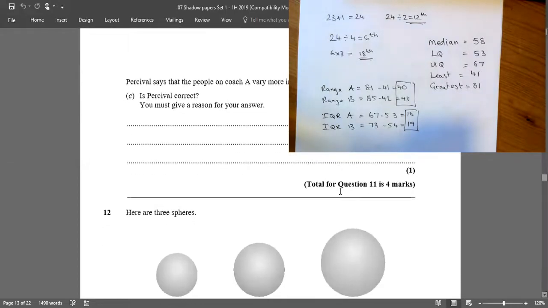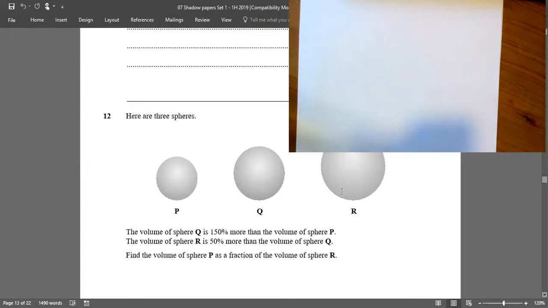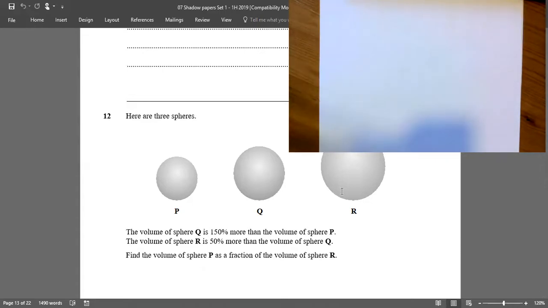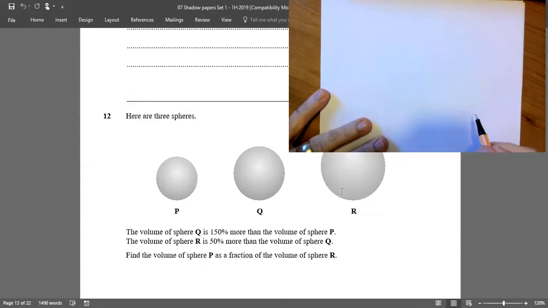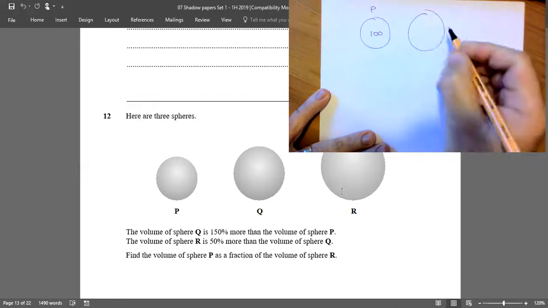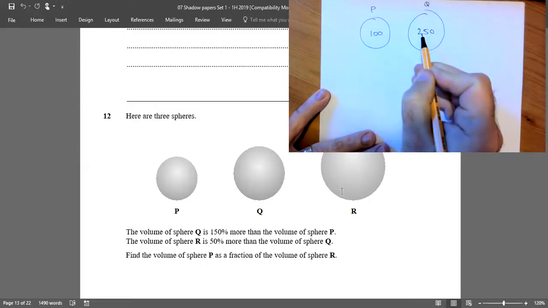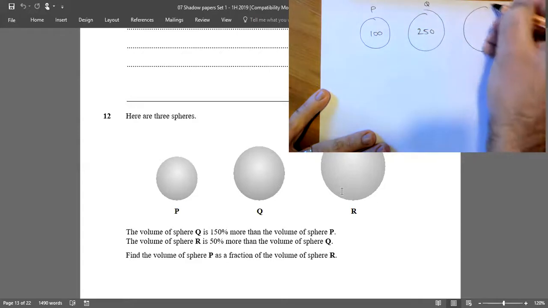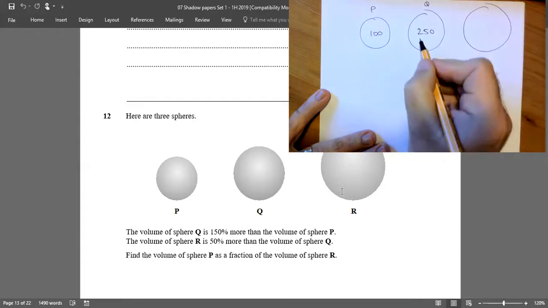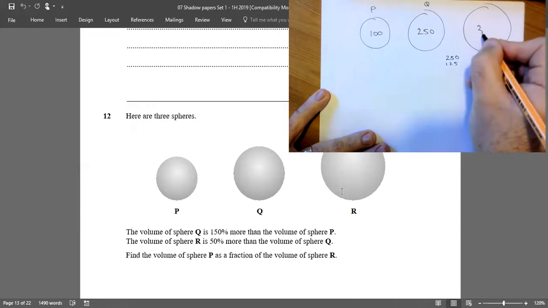Okay, so let's move on to question number 12. Spheres P, Q, and R. The volume of Q is 150% more than the volume for P. So if I say the volume for P is 100, the volume for Q will be 250, 100 plus your 150%. Okay, and we've got R at the end. The volume for R is 50% more than the volume for Q. So 50% of 250 is 125. 250 plus 125 is 375